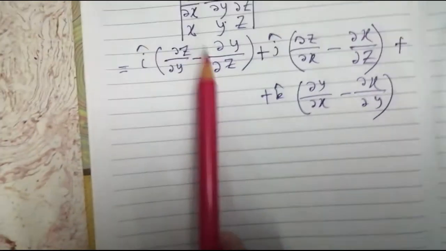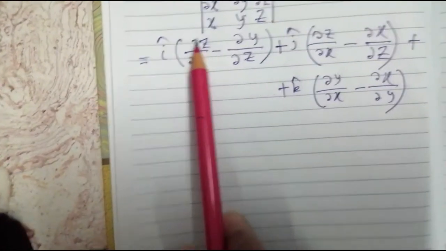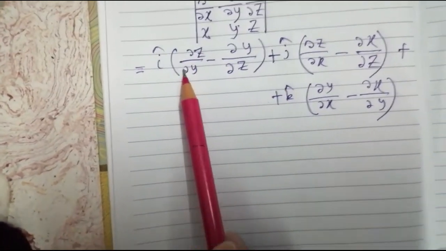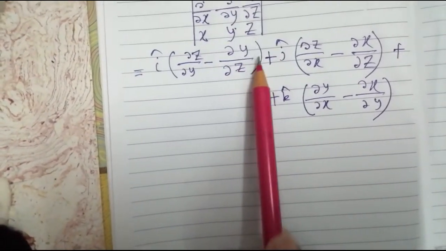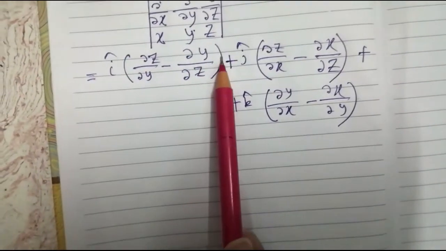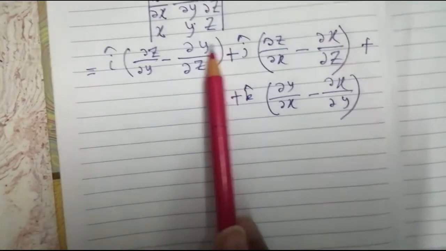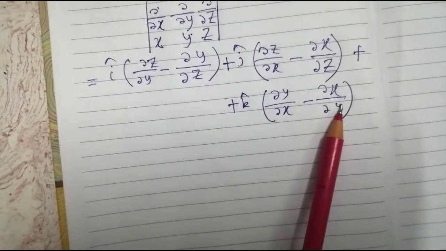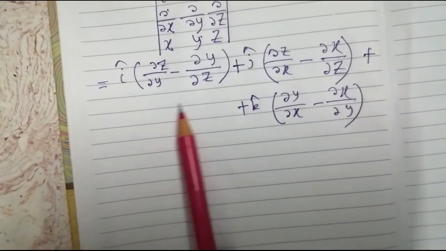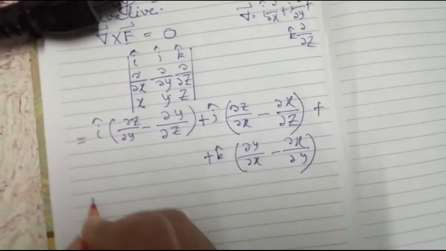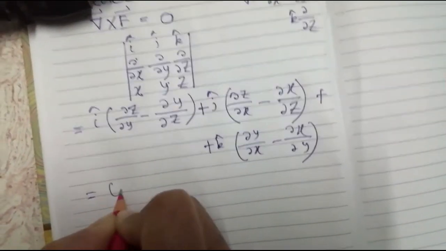Very simple. So here if you can see del del z of y, that means what? There is no variable of y, so if you do this derivative, it will be 0 simply. And here del del y del del z, that means what? Since there is no component of z, this term also will be 0. Similarly, if you do this derivative, this one and this one also, then finally you will get 0. So it will be equal to 0.